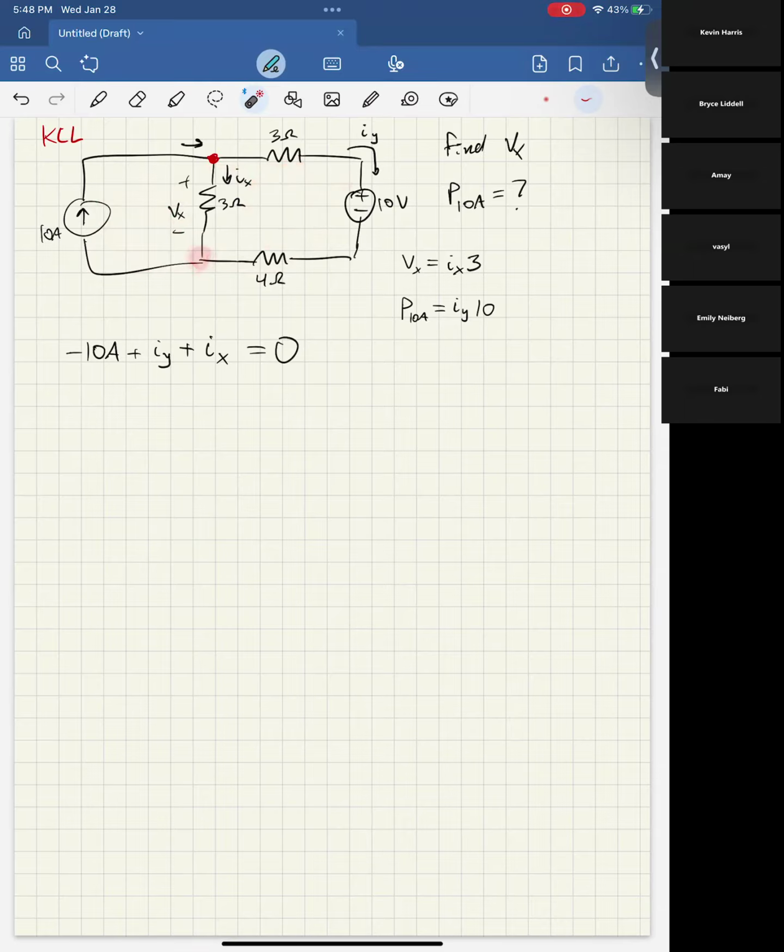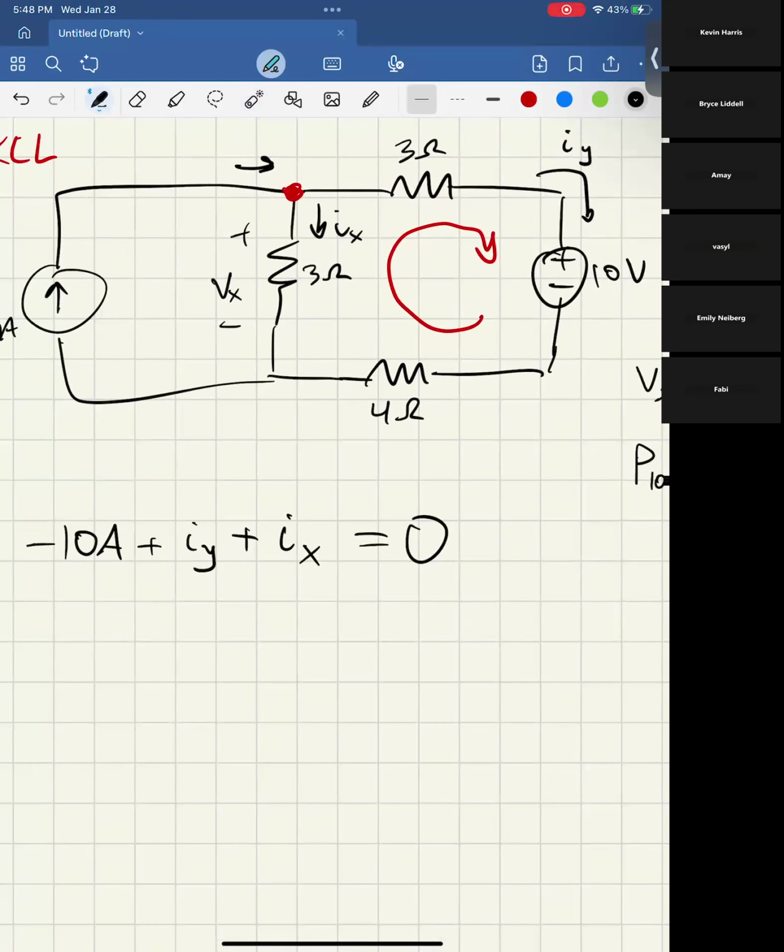So I'll start here. Here you do have to be a bit tricky about your positive and negative, right? We don't actually know the current through this section of the circuit, because it's between our 10 amps that we know, and then we've defined IY here, but we don't know what that current is. However, we've defined it as IX going in this direction, right? In that case, the imagined IX going through a resistor would make the voltage drop go in that direction, right? So if we're working off that assumption,